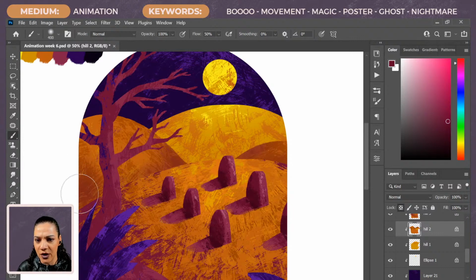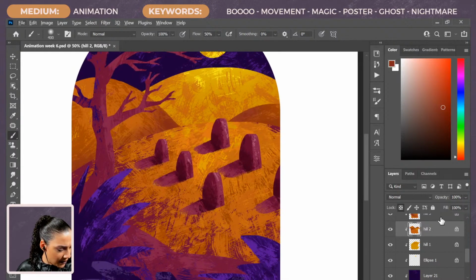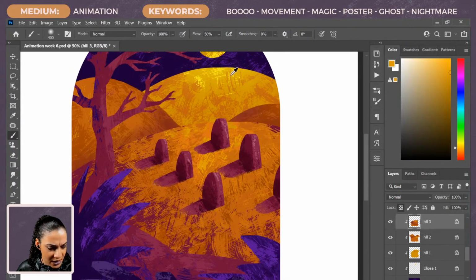I'm just brushing this in to really differentiate all of this. We might even, let me just remove some of that. Instead of adding the lighter color there, I'm gonna just place the dark a little more meaningfully. There we go. And then with our top hill here, I'm gonna take some of this light yellow and do that as well.